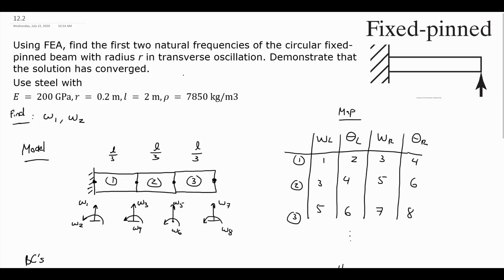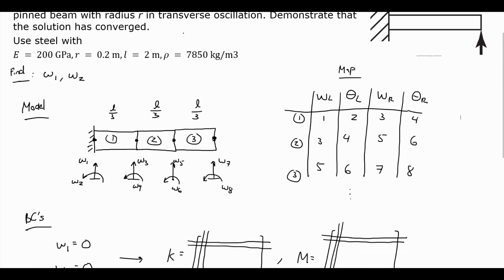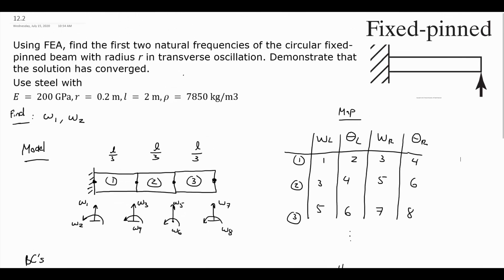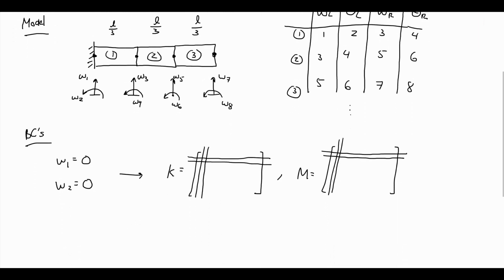So looking at our model, again, I'll just display it using only 3 elements, and then we'll generalize it when we start looking at the code. The model is going to look identical. Here with 3 elements, we have 8 degrees of freedom illustrated, and then the mapping for the 3 elements, but that pattern is going to continue as we add more elements, so that we know exactly where to be putting the local mass and stiffness matrices. So all that's going to be exactly the same as it was in the previous version of this.